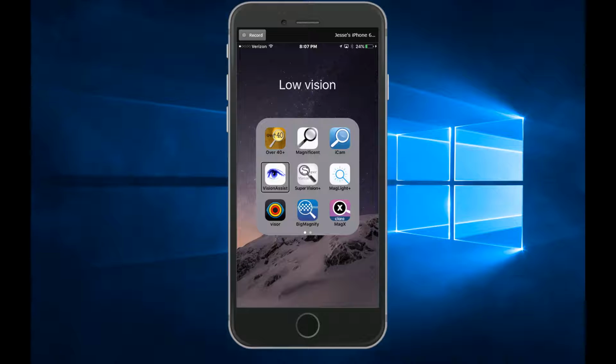On the older phones, like when I ran it on my 5, it could do color fine, but it didn't do the other ones that well. And then those are the main ones, and I have a whole bunch of other ones here that I'm kind of just monitoring in the background. Like if they get updates, I'll go back and check them a little bit. But those, I would say, Over 40 Plus, Vision Assist, Magnificent, and iCam are all pretty decent